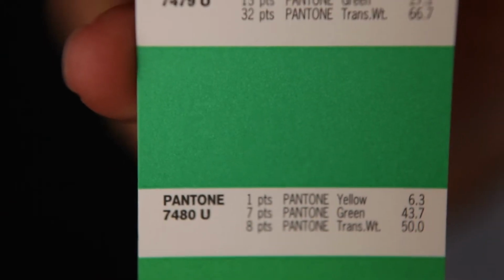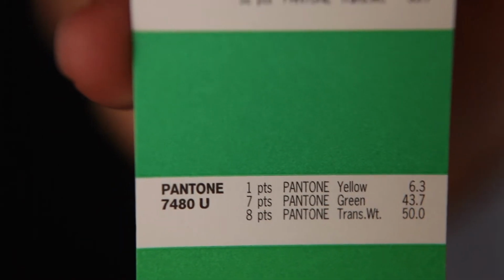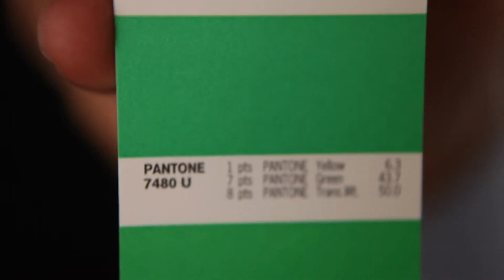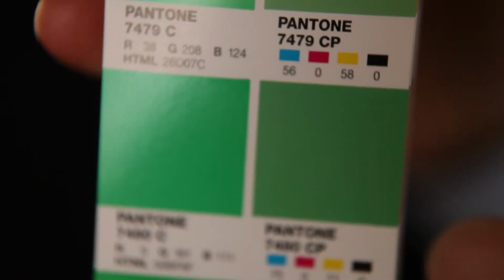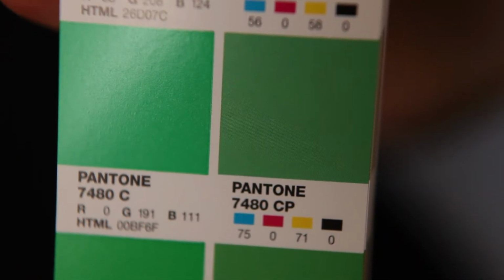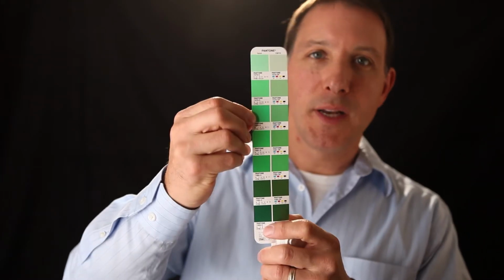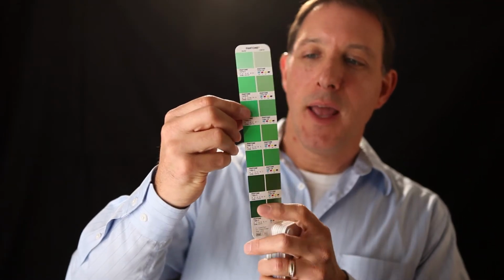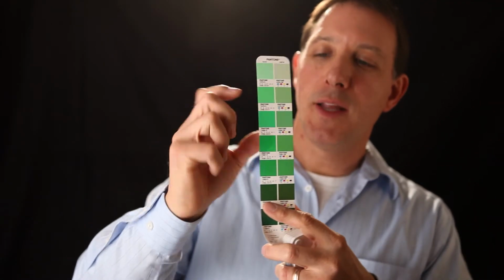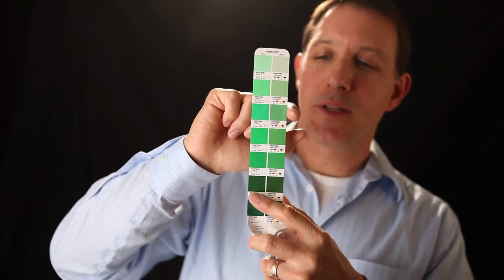In the case of uncoated papers, you can see here, for example, Pantone 7480 looks like this. In this different guide, we'll see what a 7480 looks like when it's printed on a coated sheet. The difference is the green looks kind of brighter and punchier. We're really only concerned with how Pantone 7480 looks when it's printed in spot color or solid, which is what you see here on the left, and what it looks like when it's printed here on this side